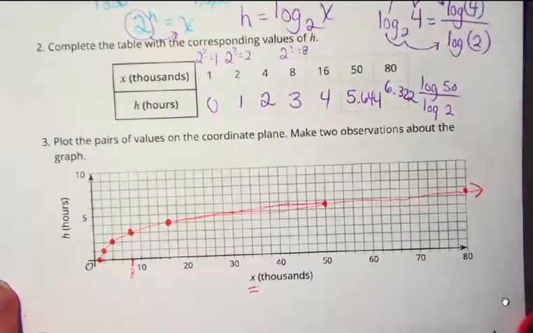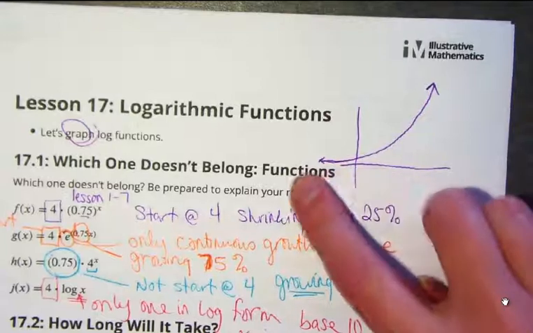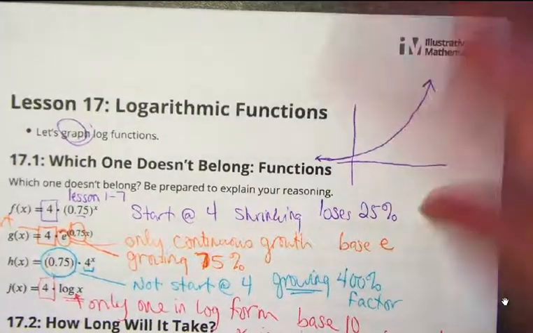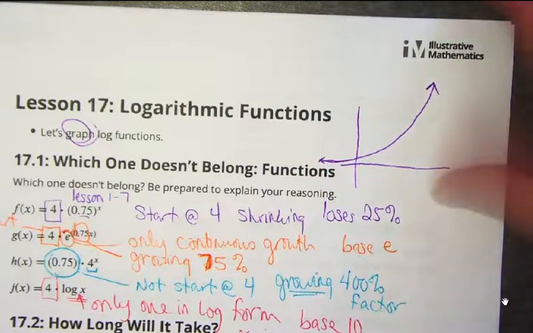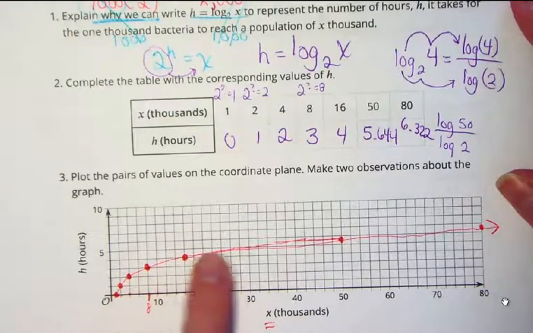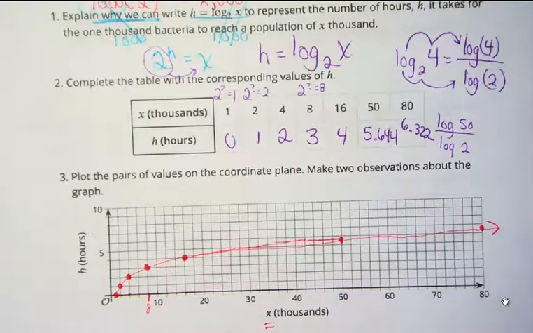You might be making the observation that this is very closely related. In fact, it's an inverse of our exponential function. So an exponential function starts off growing slowly and then starts growing faster and faster. This one starts growing faster at the beginning and then starts growing more slowly as we go. So it's an inverse of our exponential function,